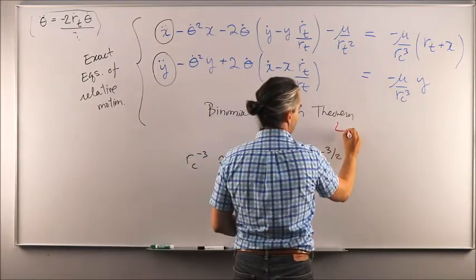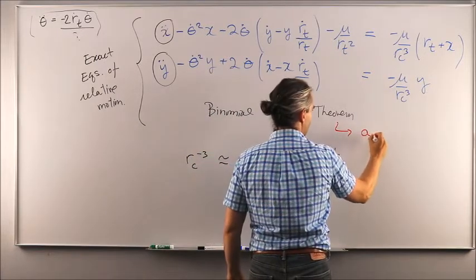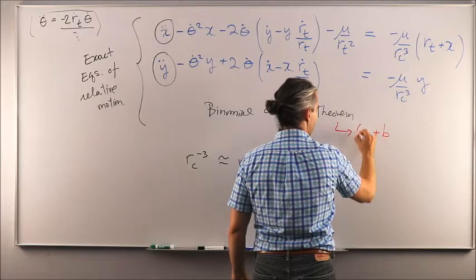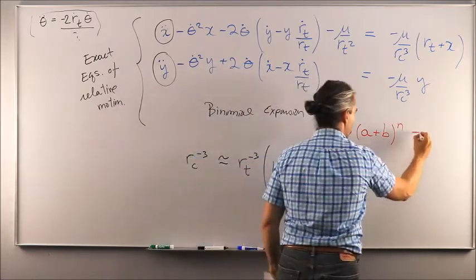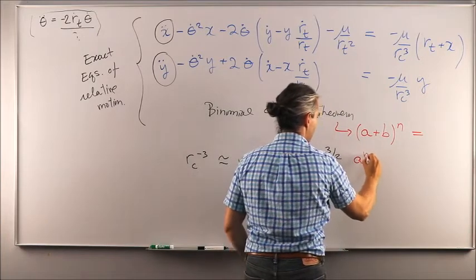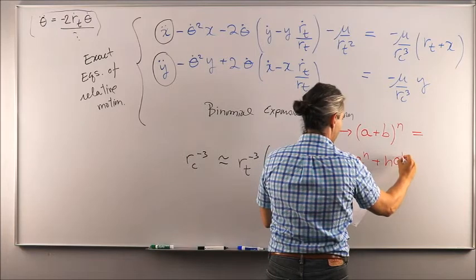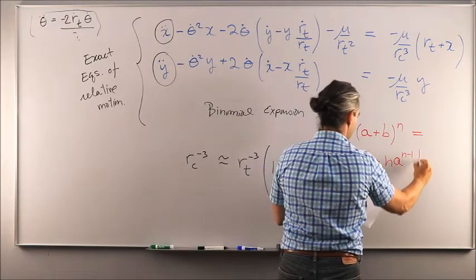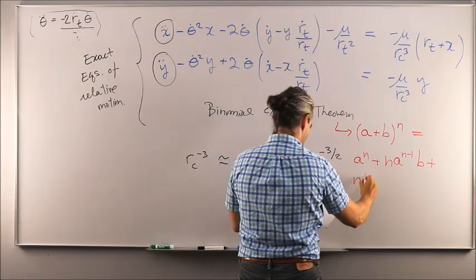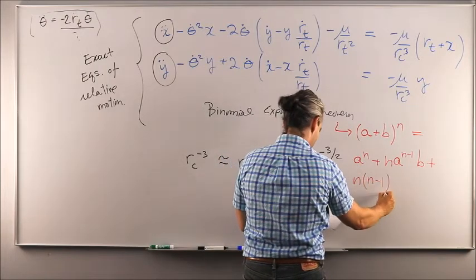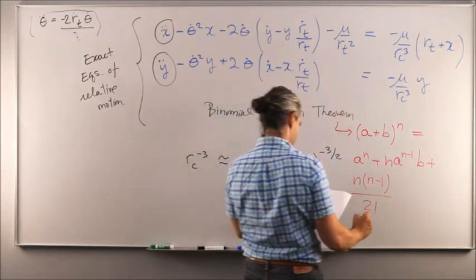That says that if you have (a + b) to the power n, this is actually equal to a to the n plus n times a to the n minus 1 times b plus n times (n minus 1) over 2